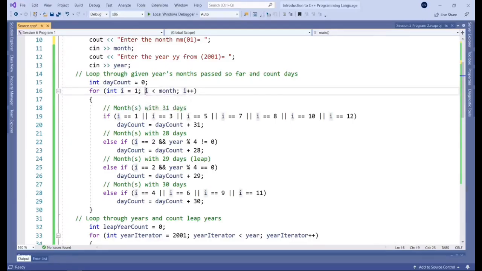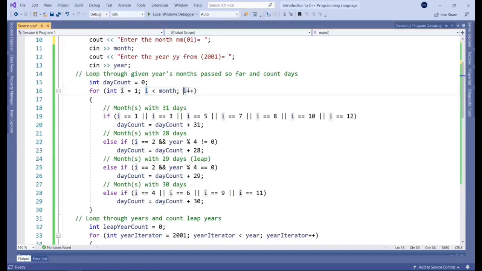And then we're going to loop until i is less than the month entered. The other thing that we need to do here is clarify what's going to happen to the i value after each loop. So we have three elements. We define that initial tracker variable. Then we define an end condition, so when that loop is going to stop.